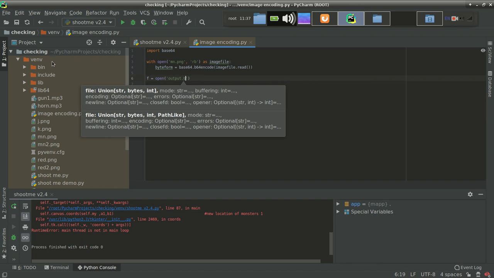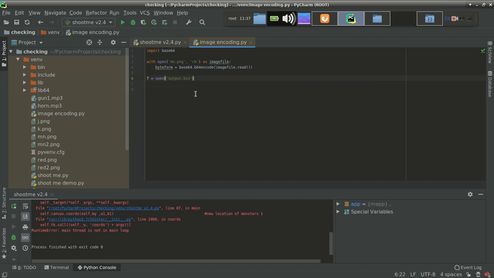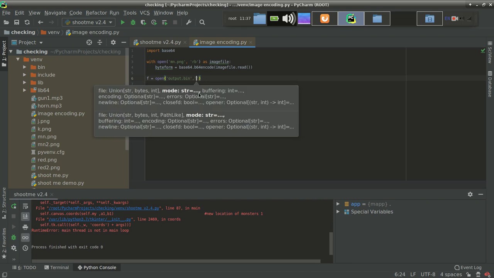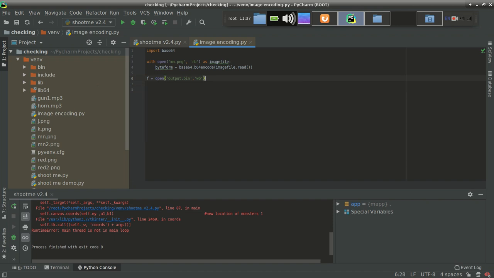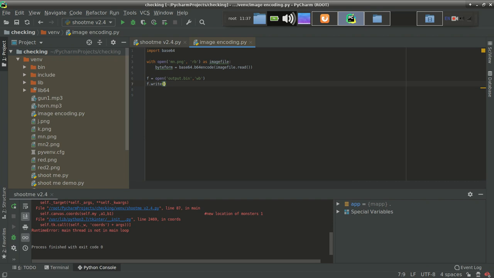Bin means it is a binary file. It is a binary file because a binary file only holds bytes, so it is a suitable file format for storing bytes. And I want to write data, so I will use write binary. f.write, and then close the object.